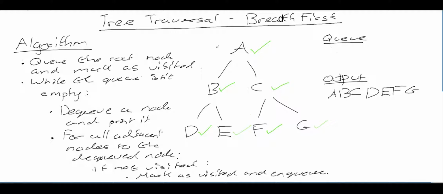So you can see, in contrast to the depth first traversal methods, you can think of it as we're visiting level 1 here, then we're visiting all of the nodes in level 2 here, and then we're visiting all of the nodes in level 3 here. So we're visiting this row of nodes, if you like, and then this row of nodes, and then this row of nodes. So we're searching the breadth of the tree first, rather than the depth of the tree first, and that's where the